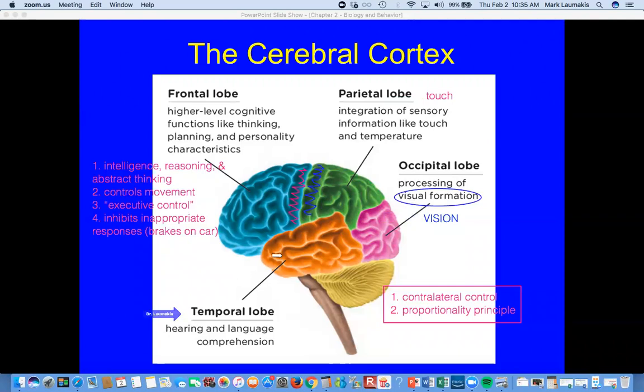If I keep this really simple, temporal lobe is about hearing, okay? Hearing and then language comprehension. I'll say more about language comprehension in just a minute. Okay, so the temporal lobe, again, you've got two of these. This is the left temporal lobe that we can see here. If in your mind you picture the other side, the right hemisphere of the brain, there would be a sort of mirror image right hemisphere temporal lobe as well, again for processing auditory information. That information is going to come in through your ears, get routed through the thalamus right in the middle of your head, and then that information gets dumped back out to these auditory processing areas in the temporal lobes. Okay.